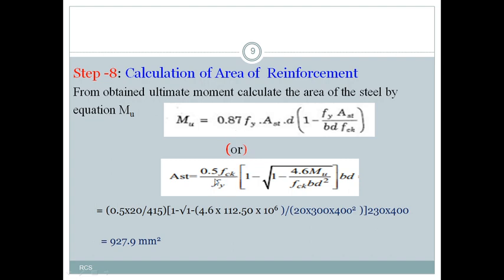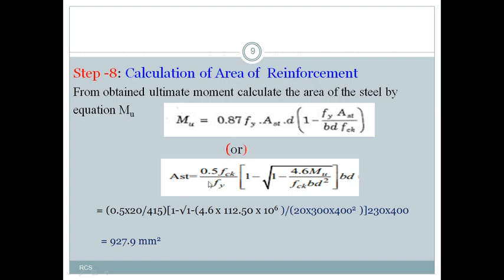But here there are no factors, and there is no solution of solving the equation here. So directly we can calculate AST by substituting Fy, FCK, Mu and BD values. So this is a little bit easy. I feel this is a little bit easy compared to this equation. So my suggestion is to just remember this equation and substitute all those values and finally get the AST from this equation. As you wish, you can use any one of the equations, no problem, we will get the